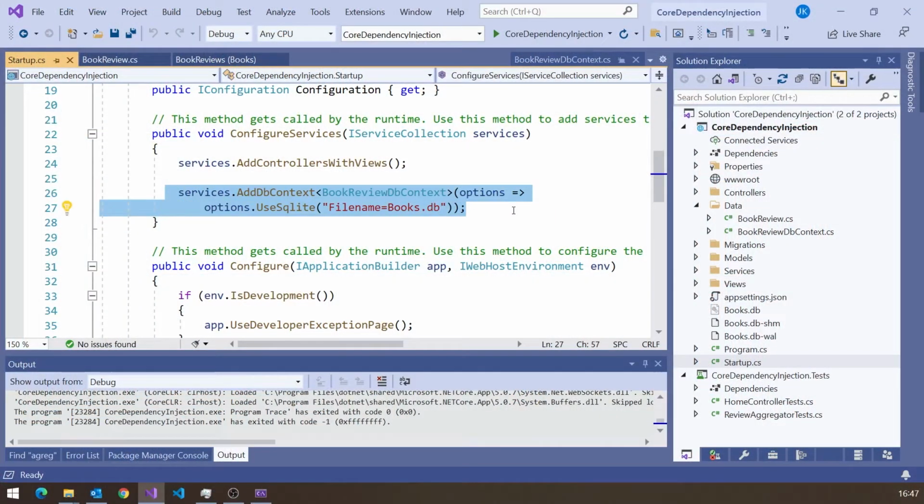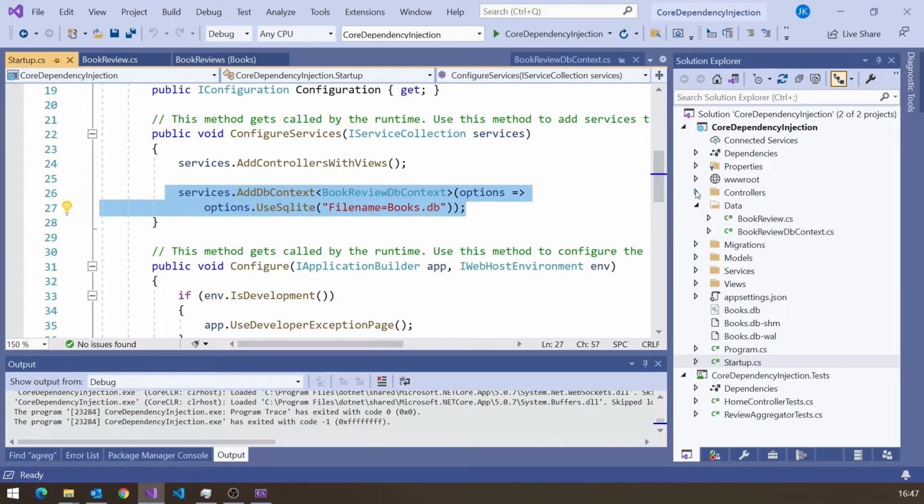And that's the sort of thing I've done in plenty of videos before when we've been looking at Entity Framework Core and how that works. But already we've actually got some idea of what we have with dependency injection, because this adding of the DB context also configures it for dependency injection.